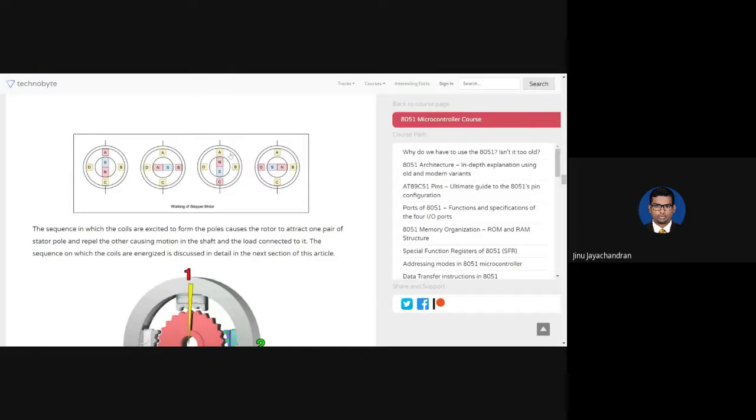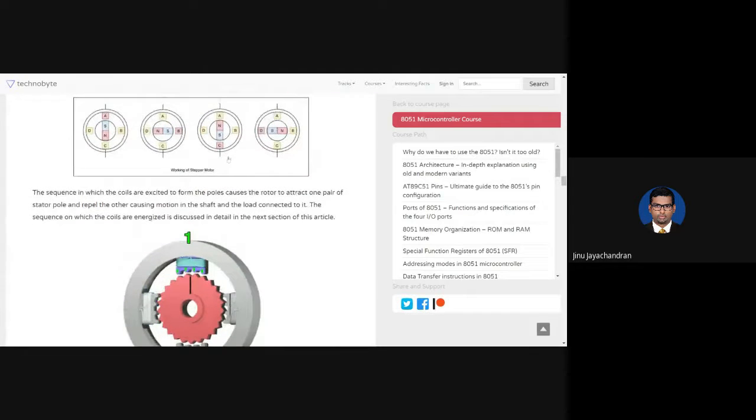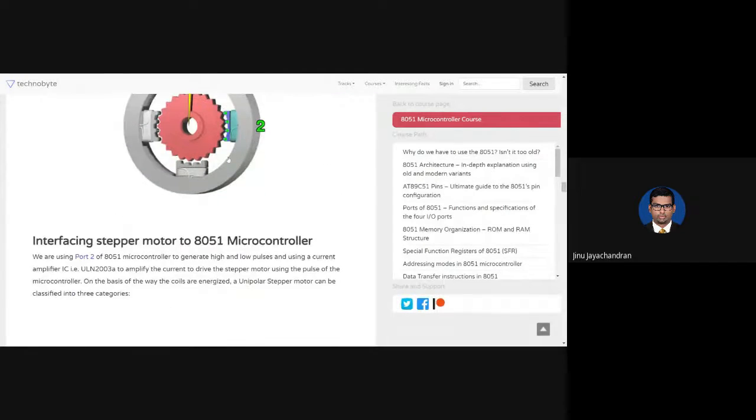So in that case, if you place an electromagnet in between A and B, you can have an angle of 45 degrees also by magnetizing the magnet in between. So depending on the number of electromagnets which are inside this motor, you can achieve any particular precise angle of rotation. Okay, this is how the stepper motor works.